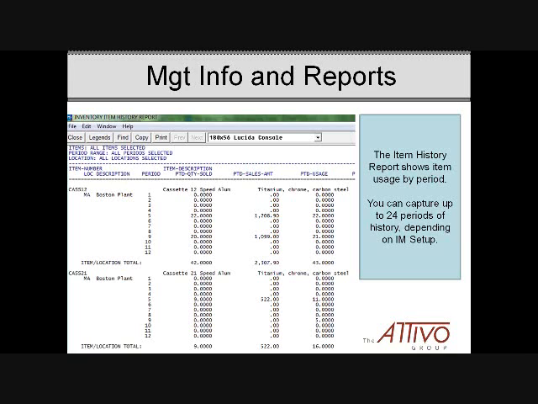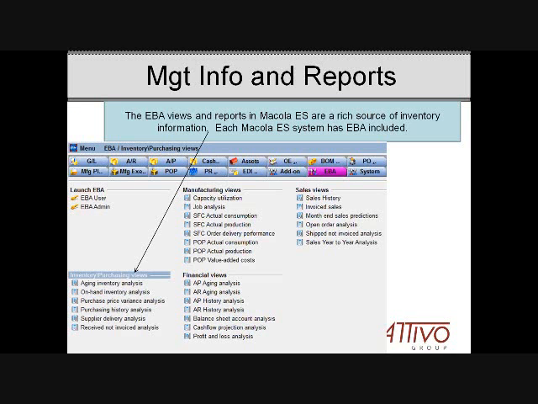This report is only showing 12 periods. You can capture up to 24 periods of history. That's a setting back in the inventory management package setting. Now, one of the